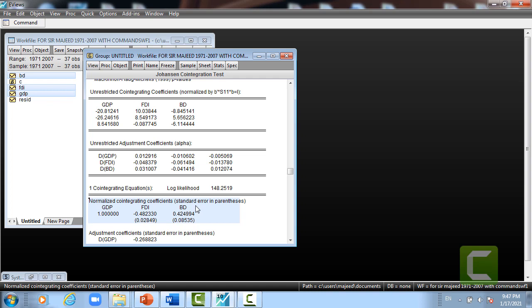To interpret this equation, we have to reverse the sign of the coefficient and their effect as the independent variable